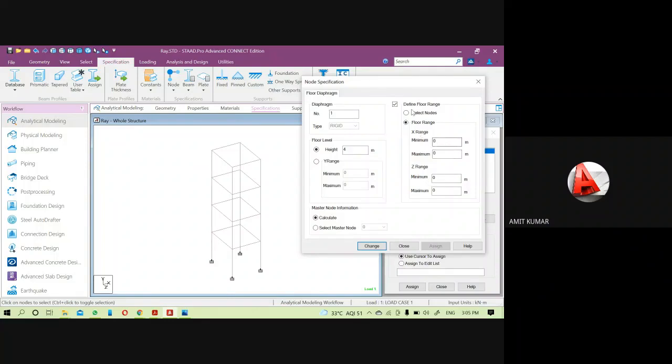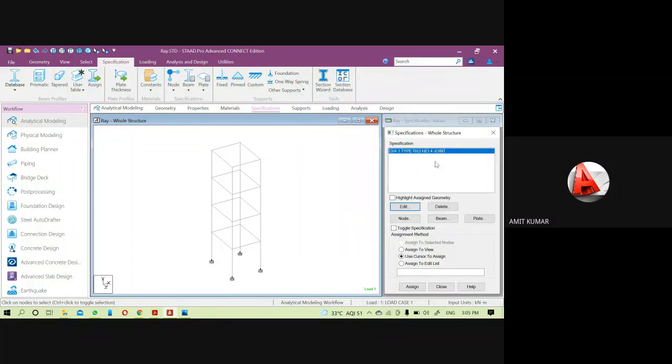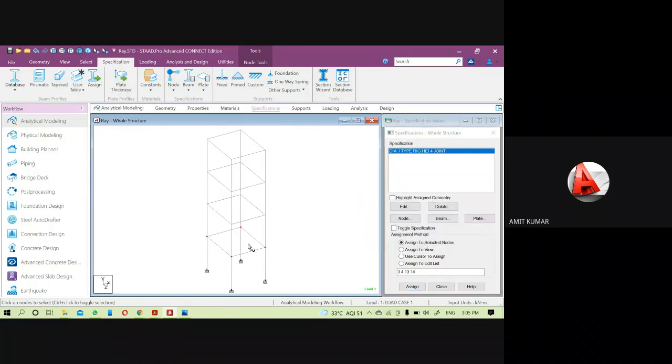It is 0 to 0, or you can directly use the select node option here. So it should be assigned to the nodes, then assign it to the selected node here. Okay, so the floor is created at a height of 4 meter.